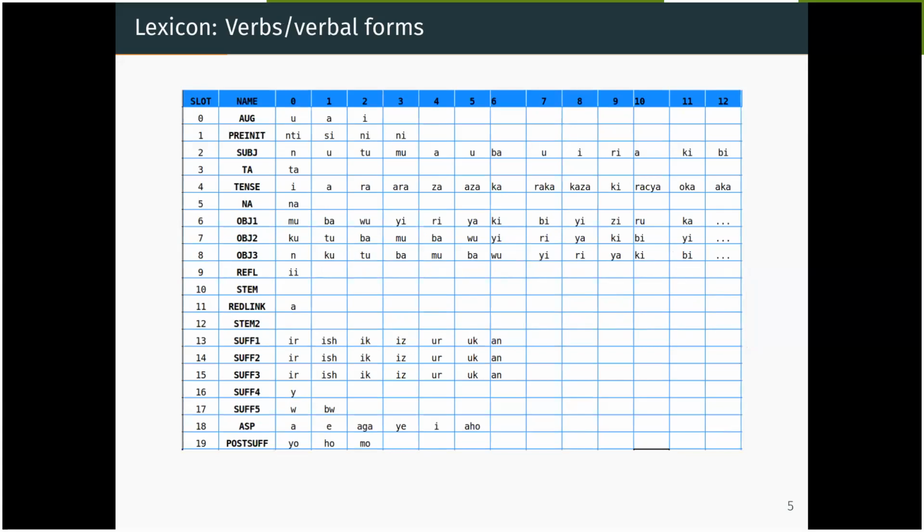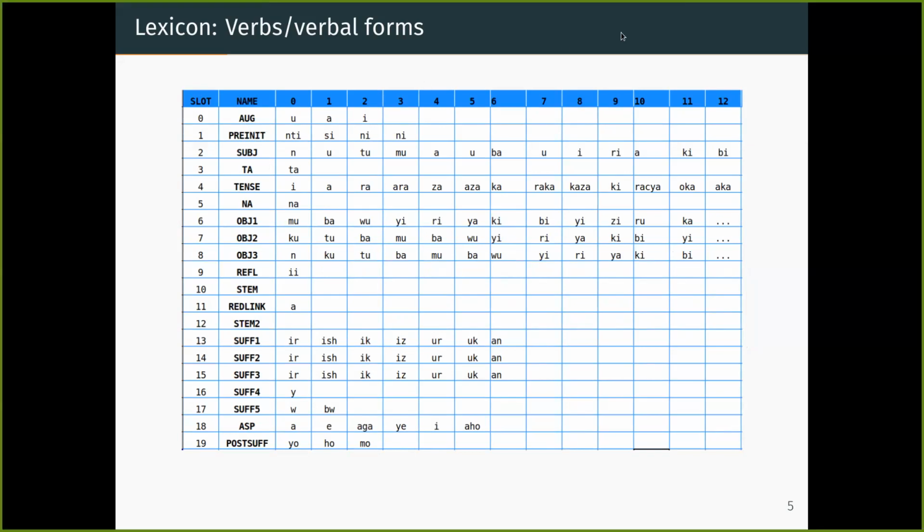So then this is a lexicon for the verbs. It's a table expressing different pieces of information that can come in a verb. So you have an augment, you have a pre-initial. Because verbs are so interesting and so complex, I think I'm going to use a table that